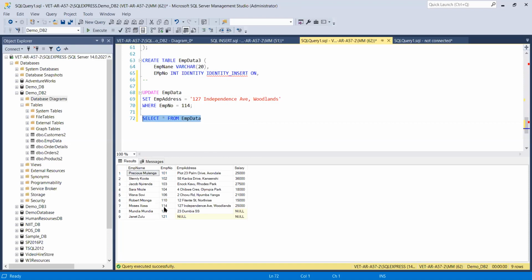So you can see that now we have the address there. Suppose we are told that we have misspelled the name there. Sarah is supposed to have H at the end. We can use the statement update